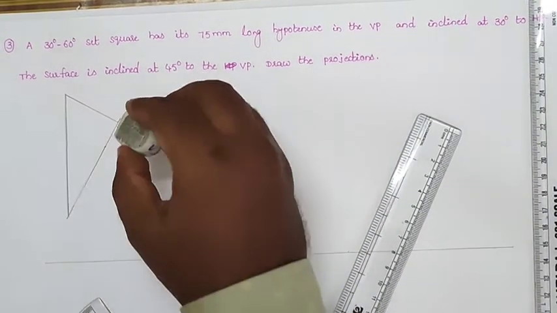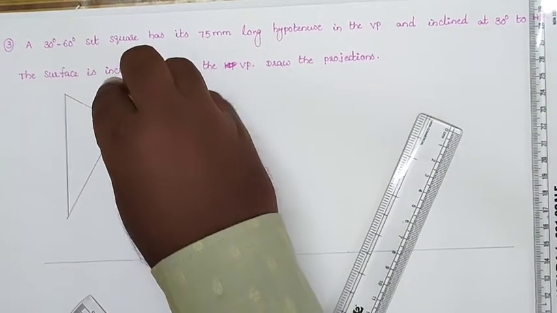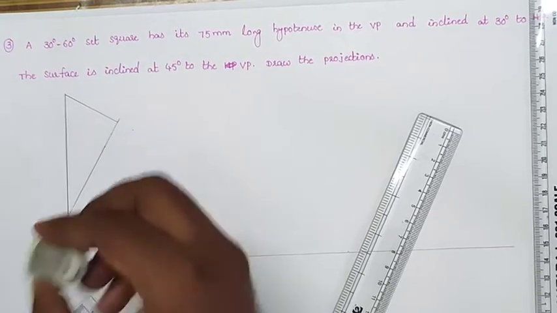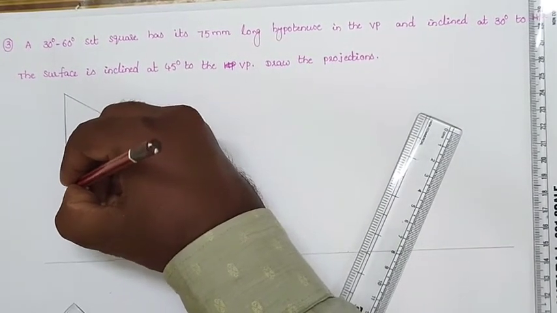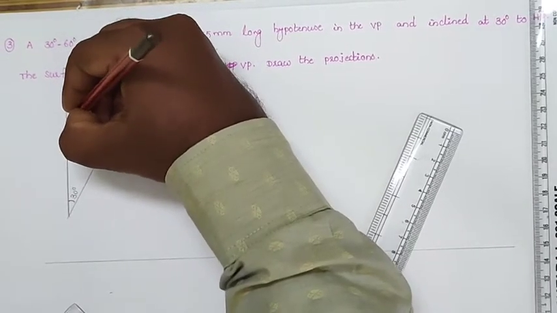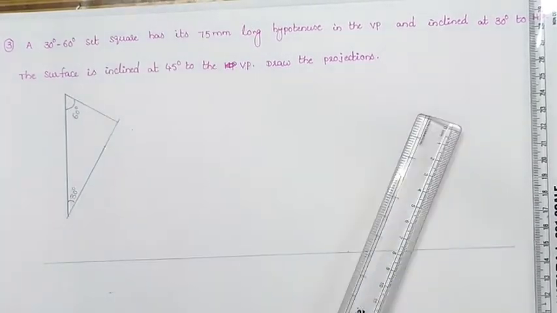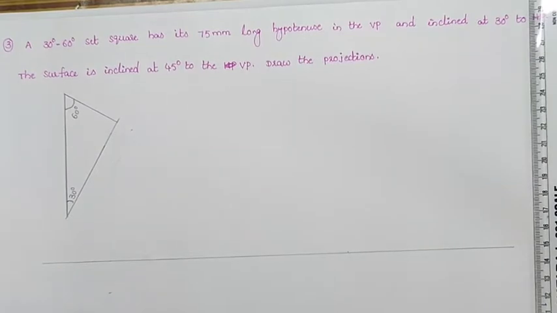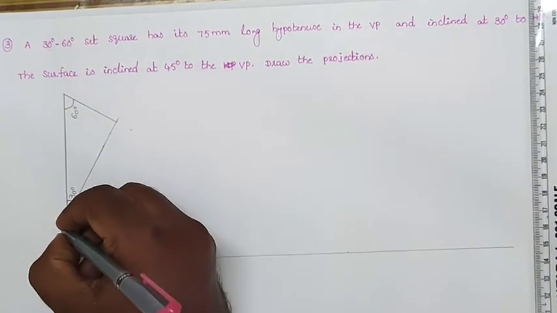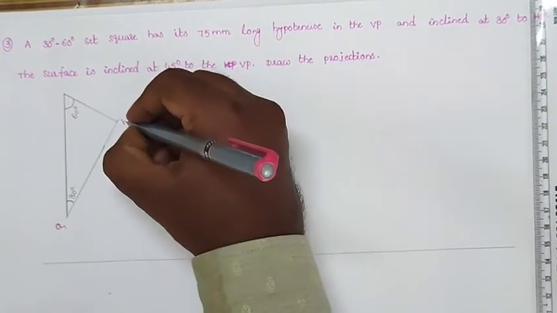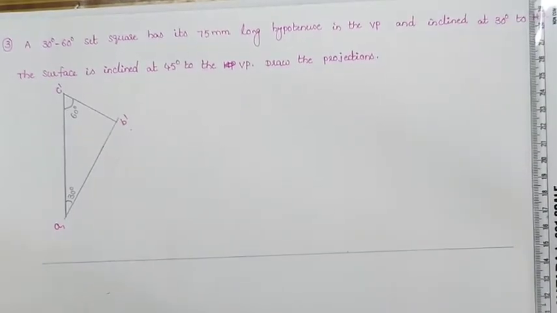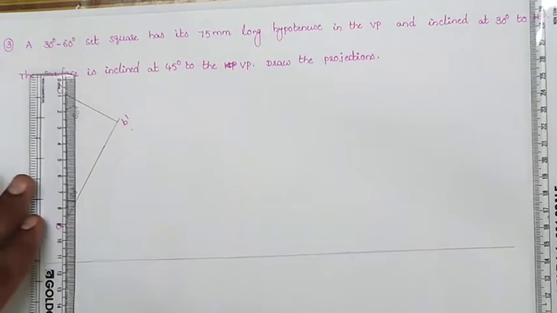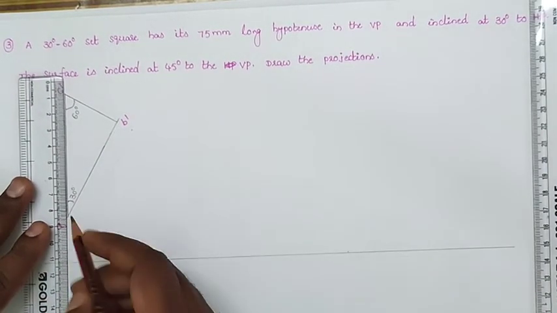So we'll get the front view; the 30 degrees, 60 degrees set square looks like that. Here this angle should be 30 degrees and this angle should be 60 degrees. So this is our required front view of our diagram. Here this one is A dash, this is B dash, and this is C dash point. After drawing the front view, project it up to the reference line,